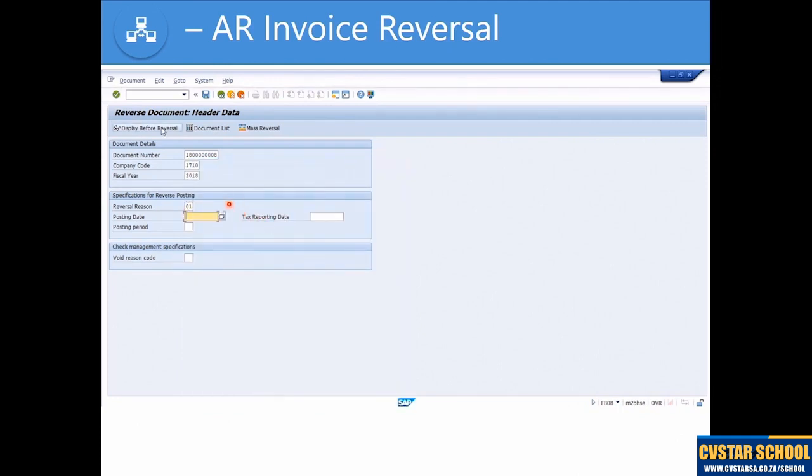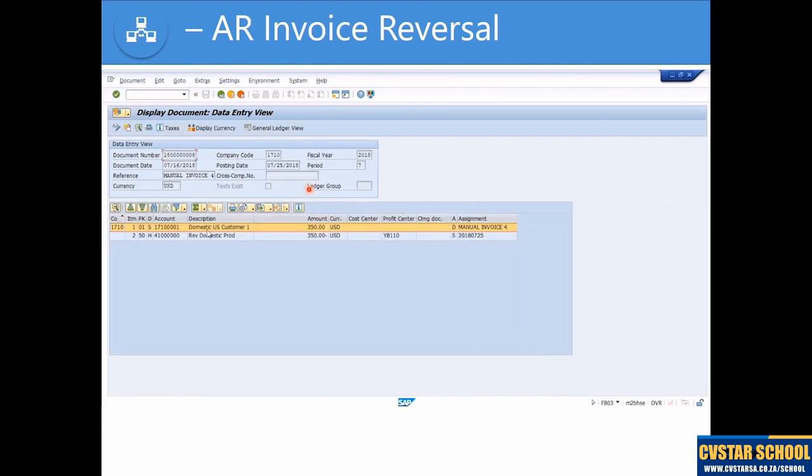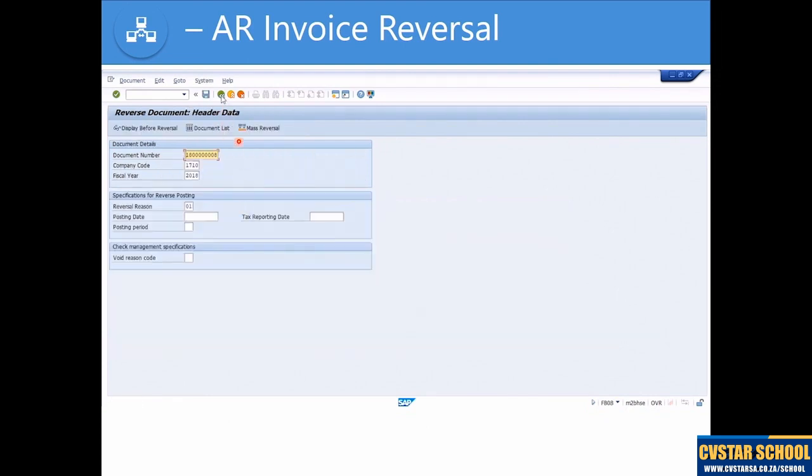And once you've got the document, you can simply post it, or you can click display before reversal to make sure you've got the right document. So by clicking display, we can see here we have the document, we have a credit to revenue. We don't like that, we can come back out and simply click post. When we click post reversal, a new document number is posted. You'll see it's got a different number range in the 16 series. And if we now jump back,